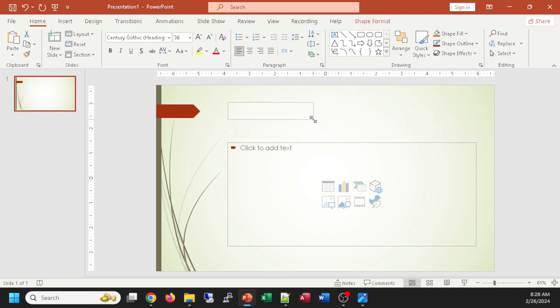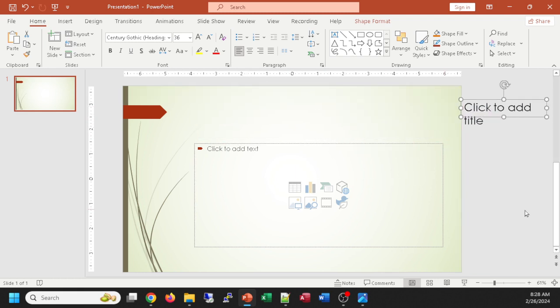You could shrink it and move it off the slide if you thought maybe you might want it some other time. Or you could just delete it and come back later. I'm going to leave it here hiding over on the side, so if I ever want that back, I have that placeholder. And now we're going to want to